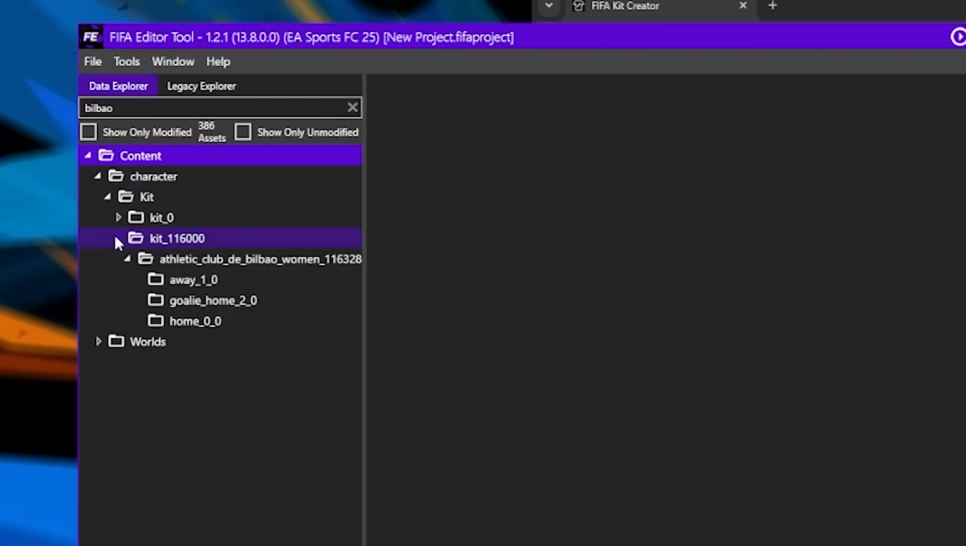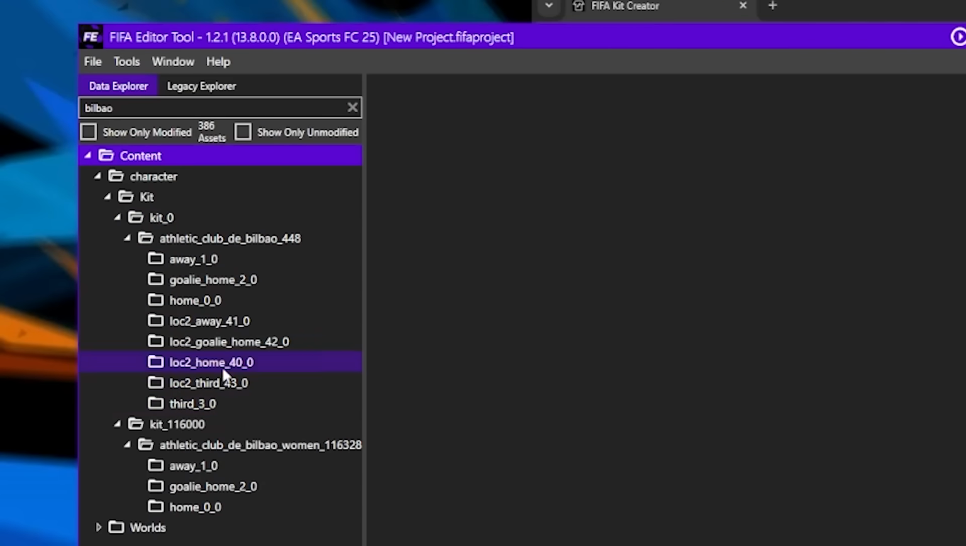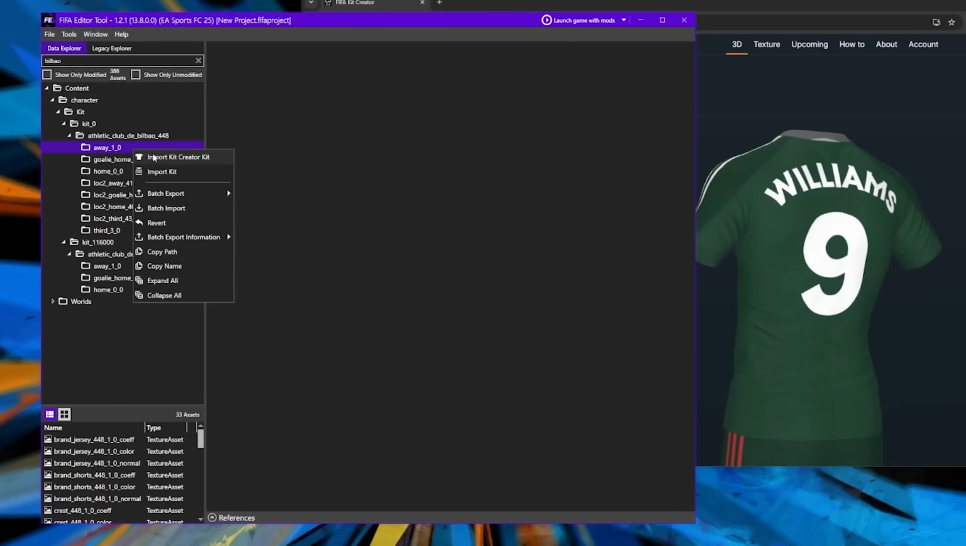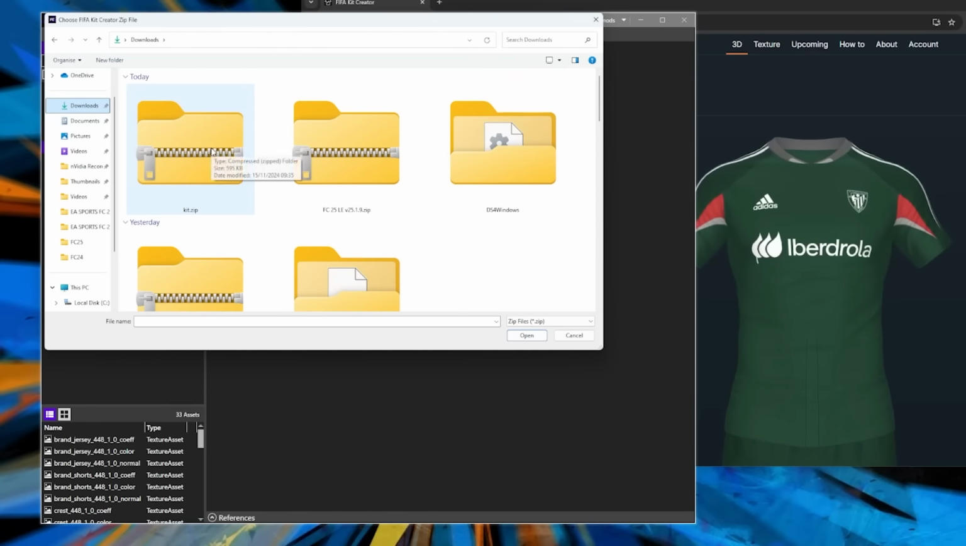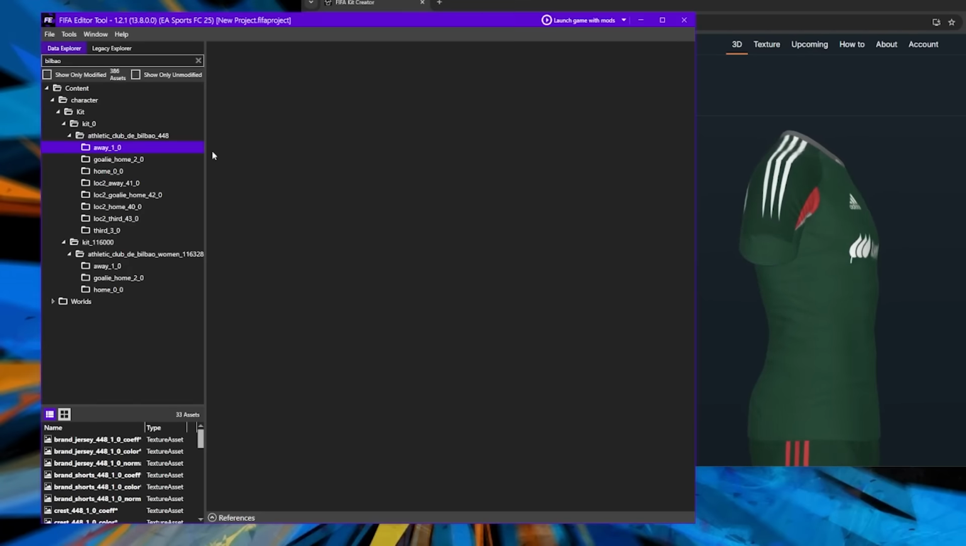We're going to go into character, and you can see we actually have two kit files. One of them is the women's team, and one of them is the men's team. And because we've edited the away kit, which is the one we've got on the right hand side here, we're going to right click on it, import kit creator kit, import the zip file we just downloaded, and if we